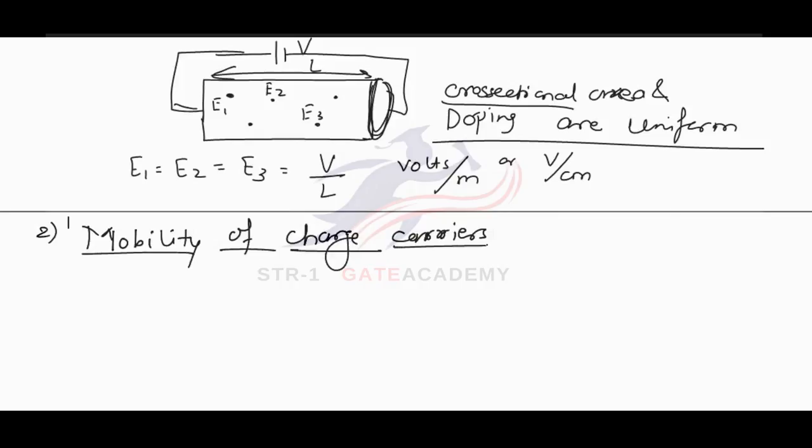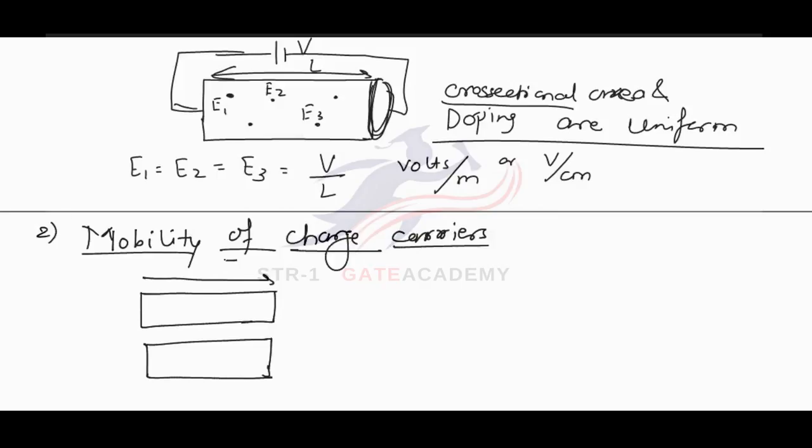Mobility of charge carriers. The mobility of charge carriers we will define by taking an example. Suppose these are two materials in which an electric field is applied. Both the materials have the same electric field E. I will write it here: both the materials have the same electric field,